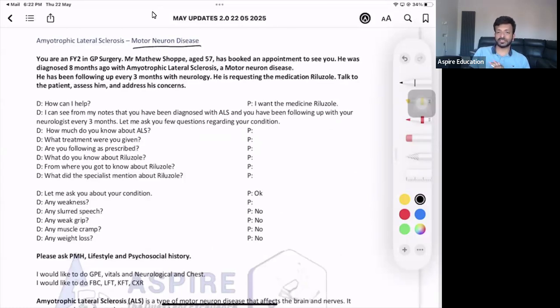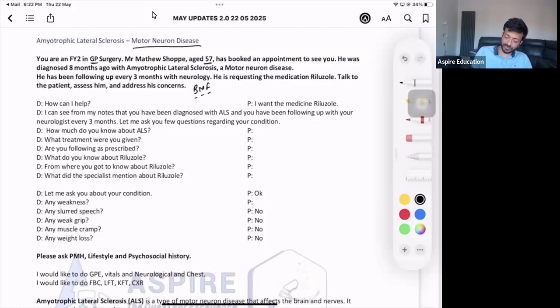When the station came the first time, the patient, how can I help you? And the patient started saying, doctor, I want riluzole. Now, it's a bit difficult for us to find out what riluzole is. I don't know. So if you get a new medication in the exam which you have never heard of, in every single room you'll have a BNF, the British National Formulary. So you go in and have a look. You open the book and see what riluzole is, and then you'll be able to answer the patient's concern very easily.